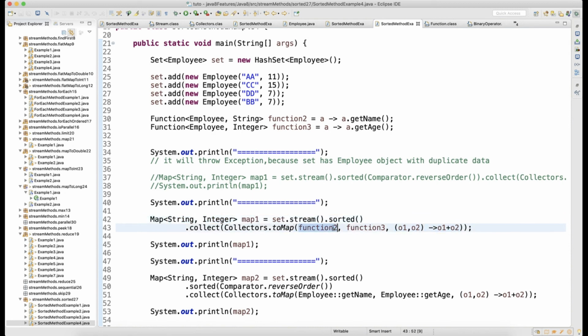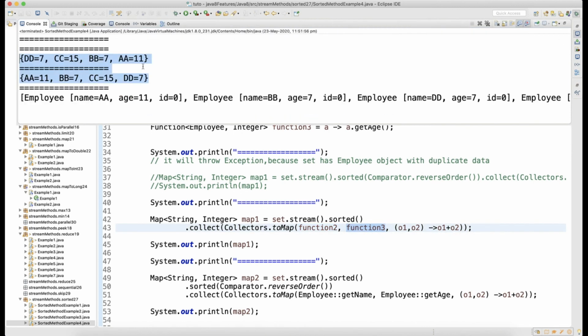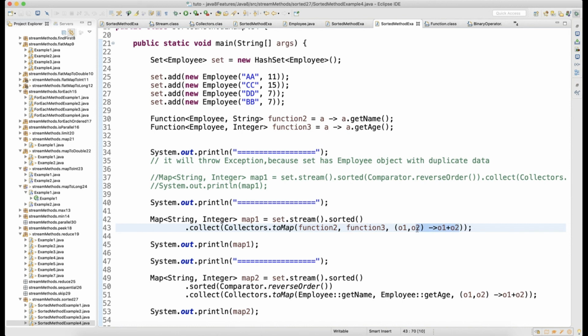Whatever this is, it's a name, right? So this is the name and this is the age, both will get printed. That is the reason you are seeing in your map, name and age are getting printed. If this was a parallel stream, your output would be different, because when you are running in parallel and you are sorting it, then your output might change.